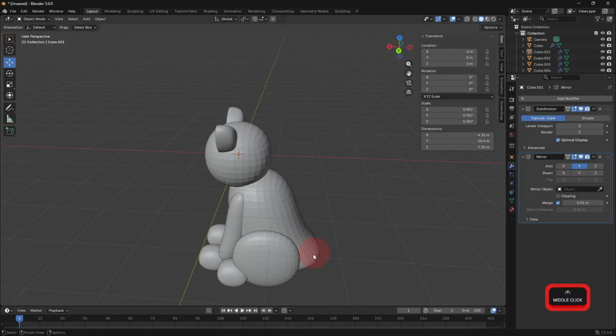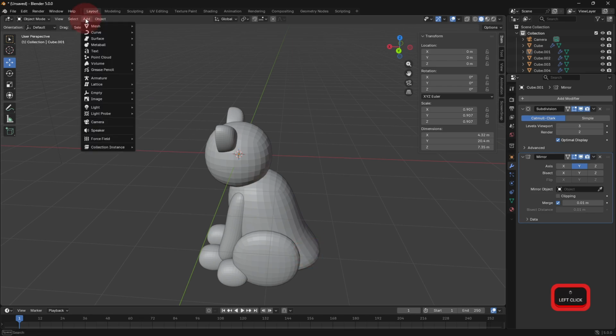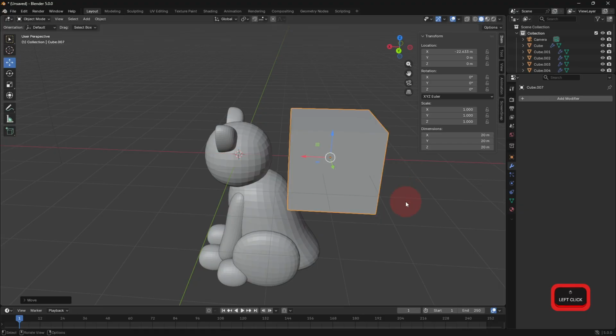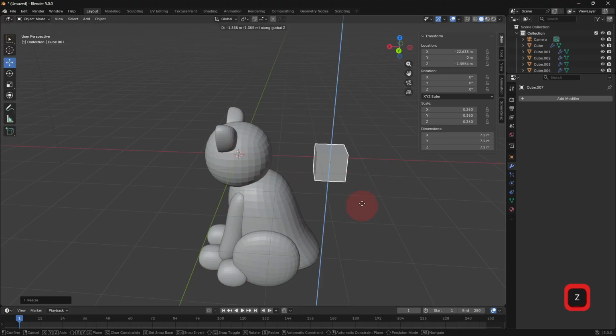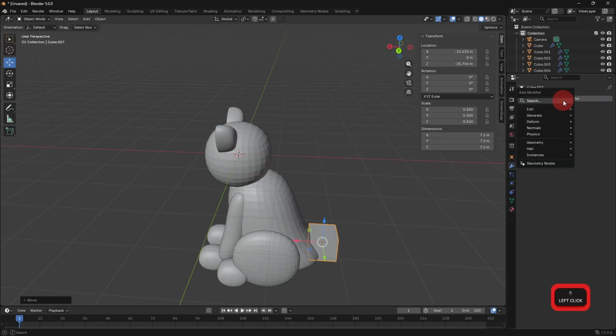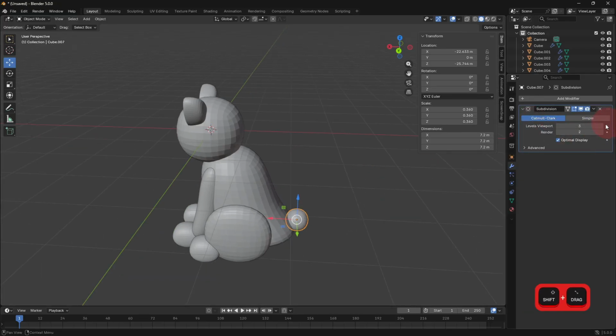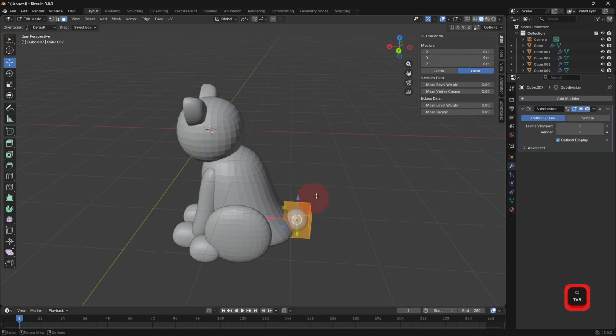Now I'm also gonna add his tail. For the tail, we're just gonna add a cube. No mirror yet. For at least the tail, we won't need a mirror, but we will need a subdivision surface. So let's make this 3. Actually, let's make it 5 for now. We're gonna go to edit mode. We're gonna select this top portion, and we're gonna hold Control on this top face and just right click where